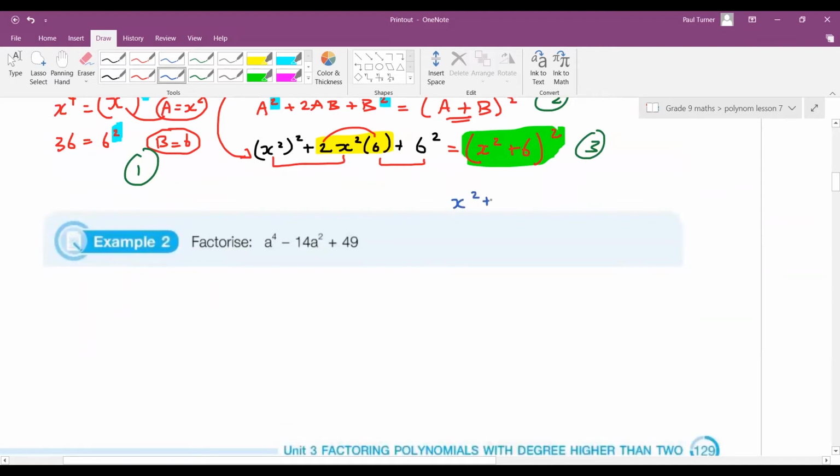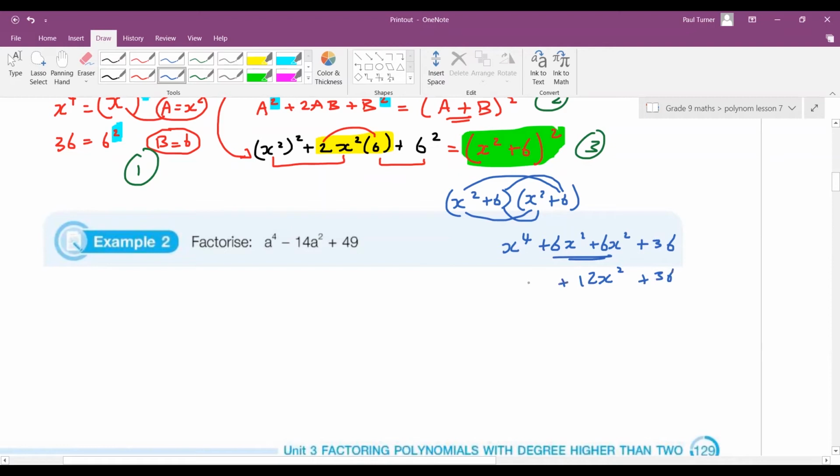So we've got x squared plus 6 times x squared plus 6, and we multiply out. So x squared times x squared is x^4. x squared times 6, 6x squared. 6 times x squared, 6x squared. 6 times 6, 36. And it looks the same, isn't it? Because this here is 12x squared plus 36 plus x^4. So this is correct. So if you want to check your work, just expand your factors again. Okay, so